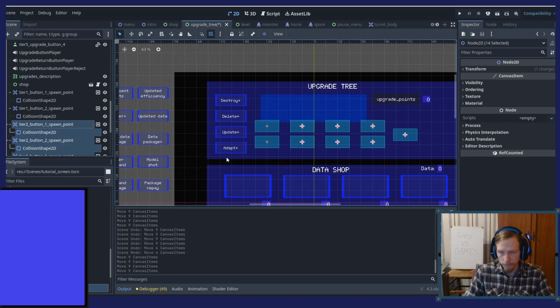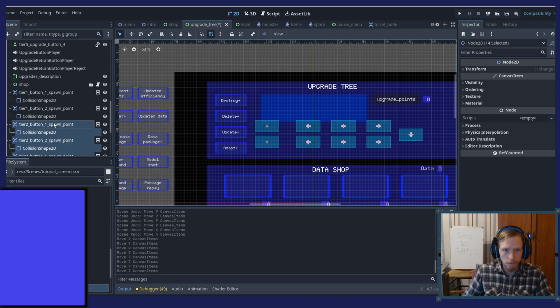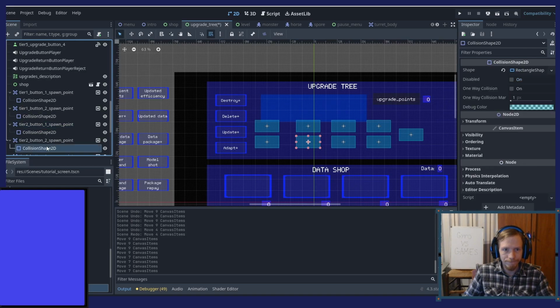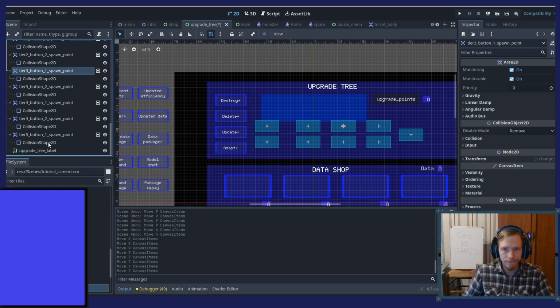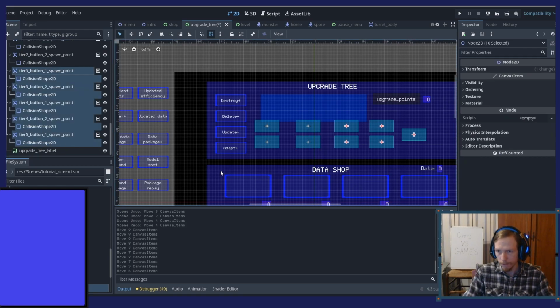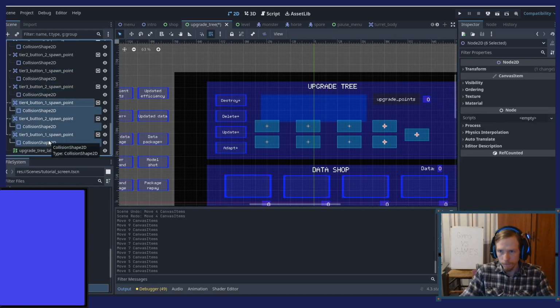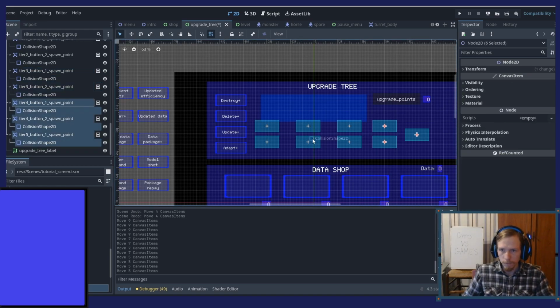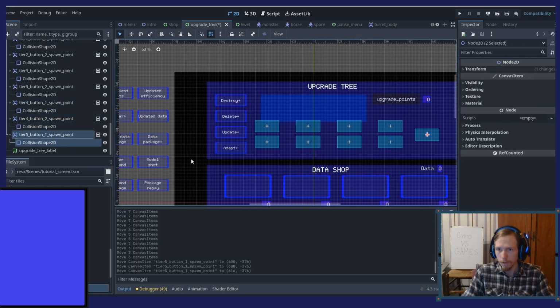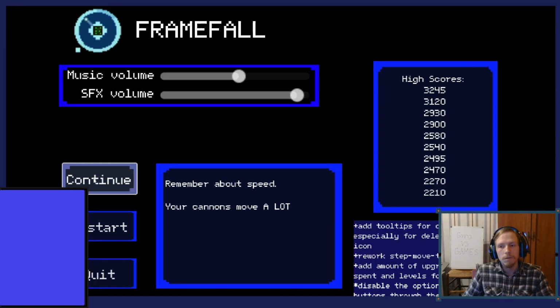Okay. 1, 2. Okay. Those. Thank God I changed to that function instead of hard coding the coordinates.